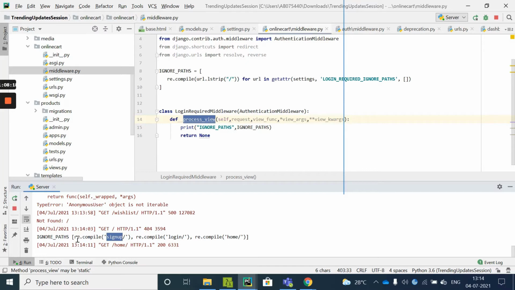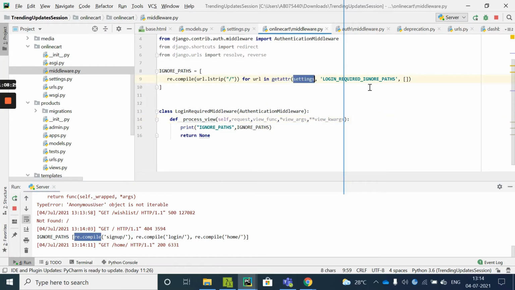So this is what re.compile did. It created a regular expression object for these URLs with the help of this code. getattr on the settings means it will see whether the attribute login required ignore paths is present. If not, it will return the empty list.